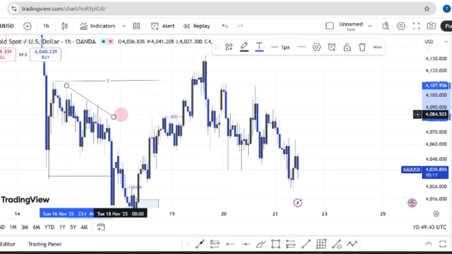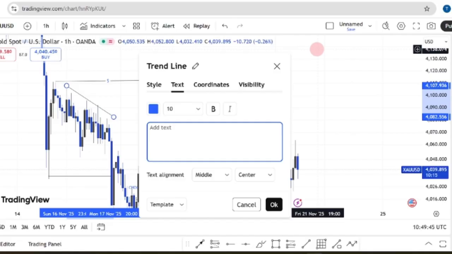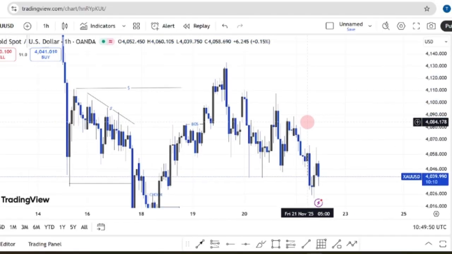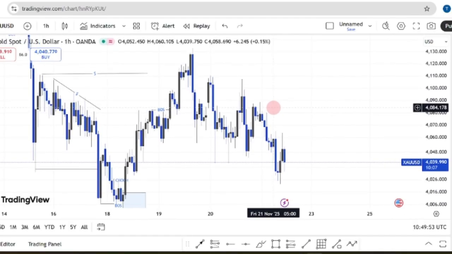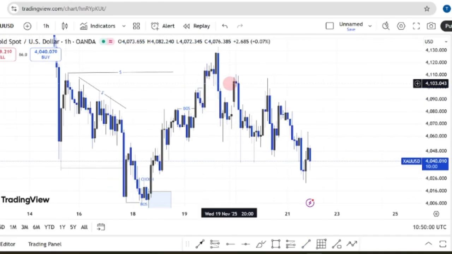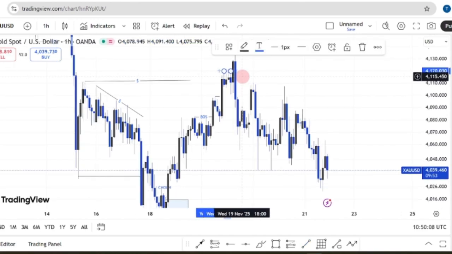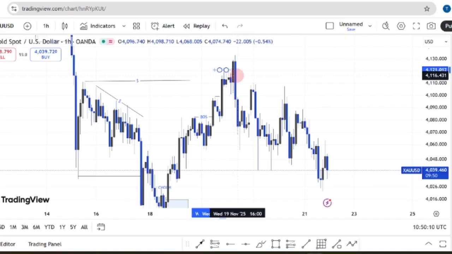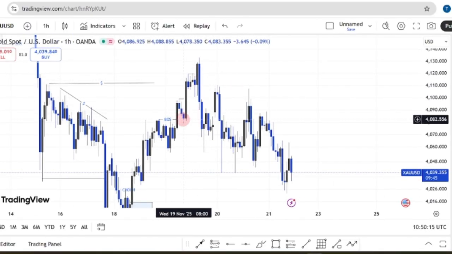Now you can see this is a liquidity level. So if you were looking for sells this week on gold, that simply means you still don't understand what liquidity is in the market. After having this, we have another break of structure at that level, followed by another break of structure at this level here. So what was the trade idea? After having that break of structure, this one, and this one, if you look at this chart clearly,